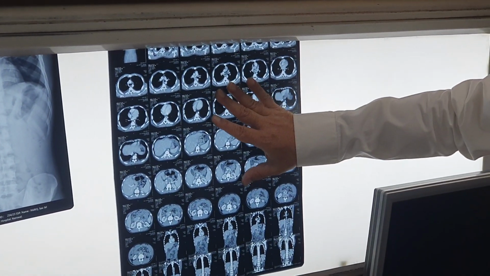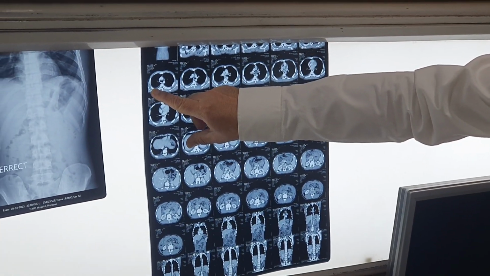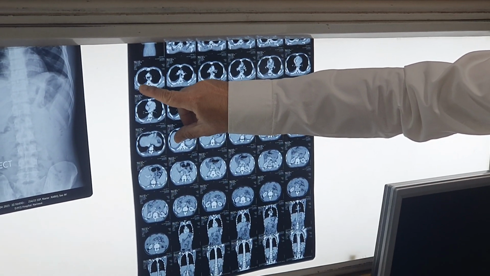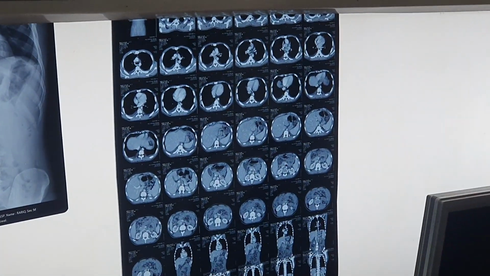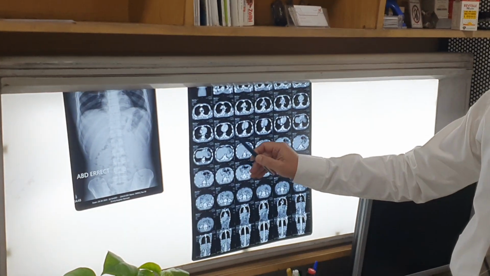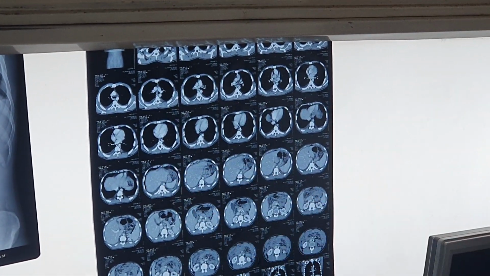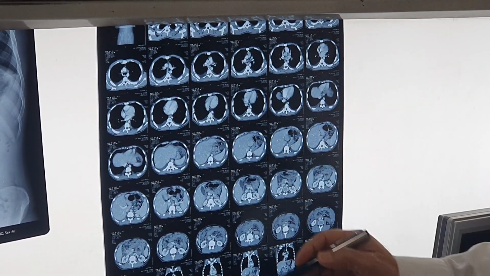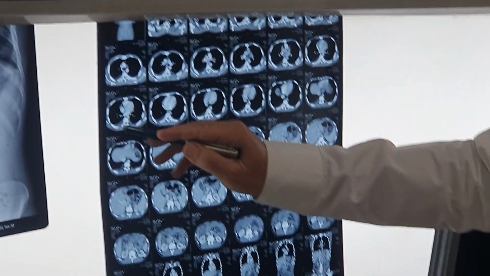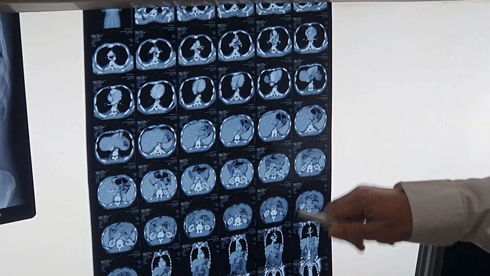A CT abdomen and chest, on the other hand, showed a rim of pleural effusion present on the right side and slight on the left side. This obviously was not evident on the X-ray. So there is an effusion here, but otherwise I do not see any mediastinal lymphadenopathy. This pleural effusion could be just a reactive pleural effusion, and not because of an underlying pulmonary pathology, but nonetheless, the effusion was there. We're not sure if it was acute or chronic, but this can be relevant to his abdominal pain.